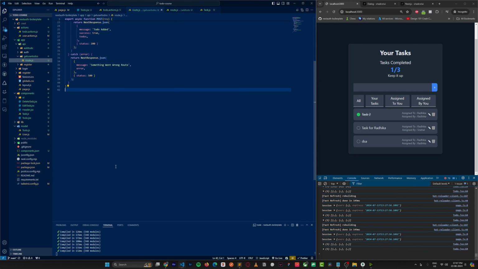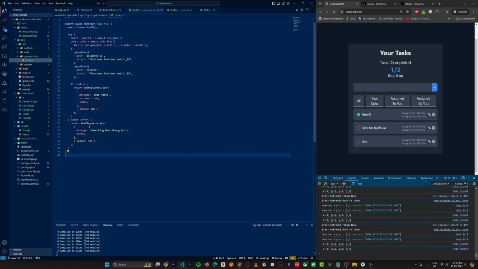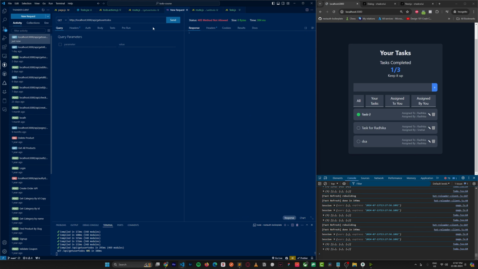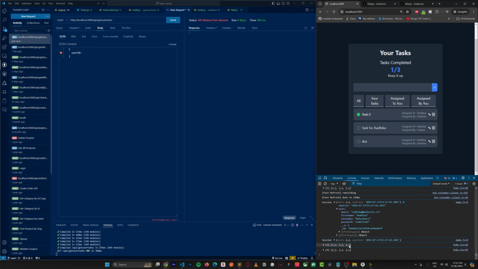Perfect. So let's test it out if we are getting the details or not. So for that, what I can do is I have this Thunder client here, so I will just say localhost get all user to-dos. If I just send this, it will say 405. Okay, I just need to post it as well. So body, and I need to pass on the user ID. I will grab it from the session. One second. This is the user ID,